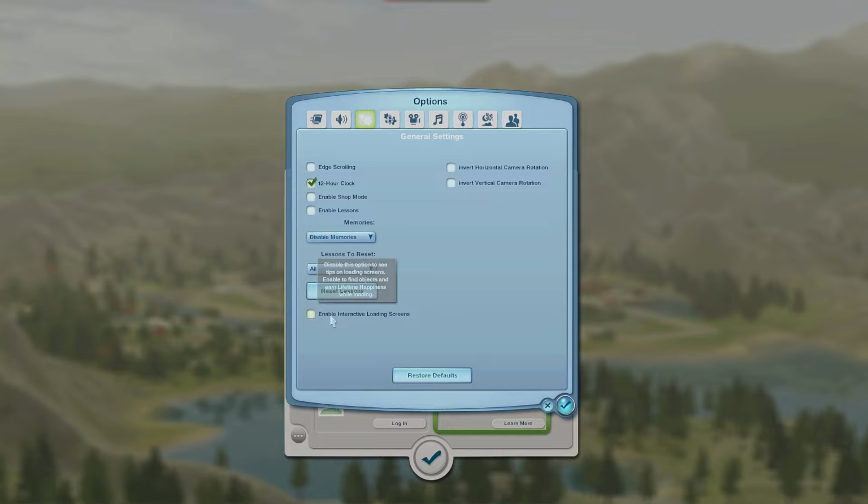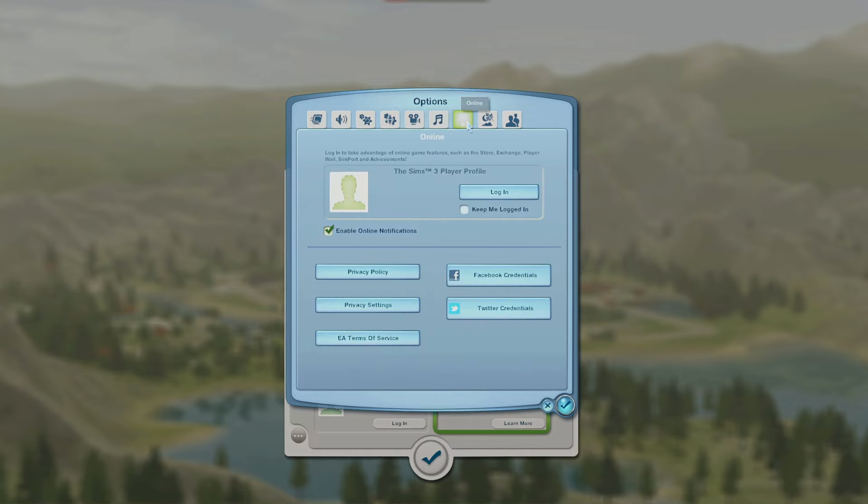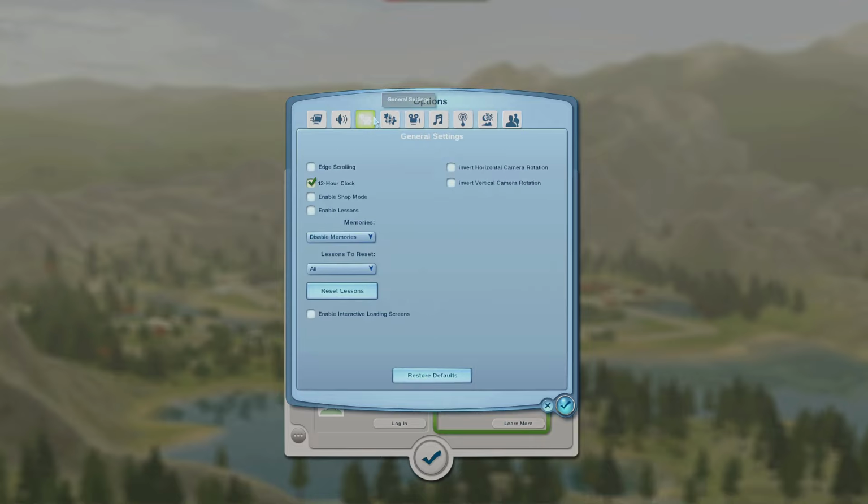And I also uncheck enable interactive loading screens because I feel like my game loads longer with them on. Game options, all that, self-explanatory. So online, I uncheck enable online notifications. I also do not log into my Sims account because I will get these notifications. And disabling shop mode,